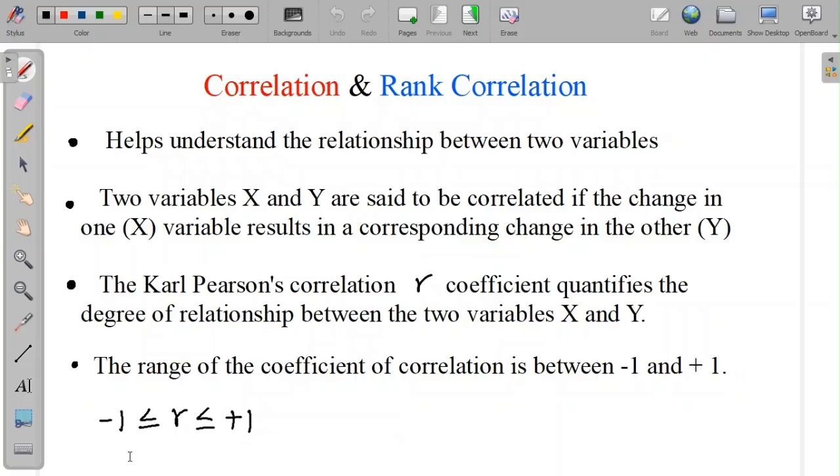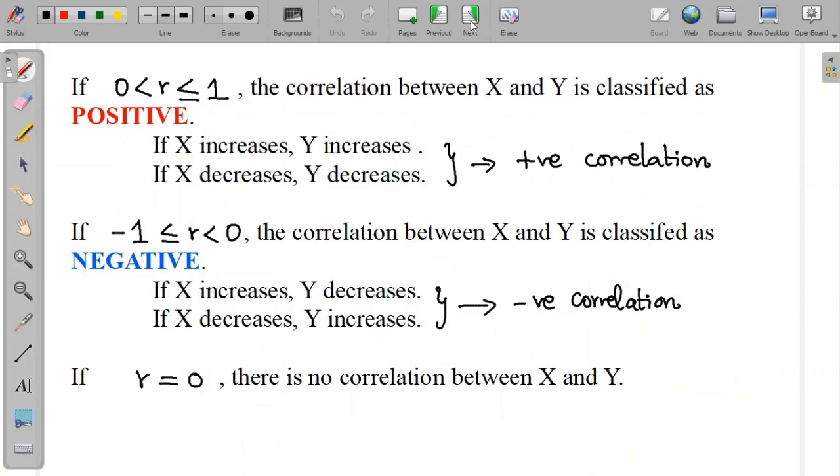We use Karl Pearson's coefficient, namely r, to quantify the correlation between the two variables x and y. This is one of the most popular measures to quantify the correlation, and this coefficient, denoted by r, has a value between -1 and +1. Based on the value of r, the correlation between the two variables can be classified as being positive or negative